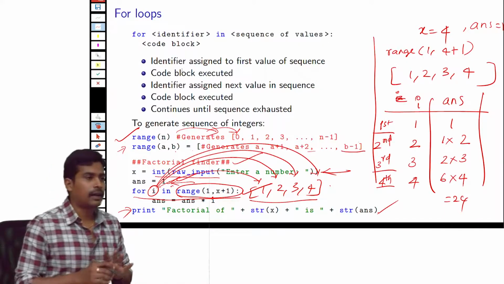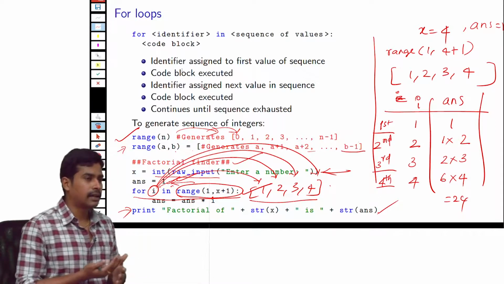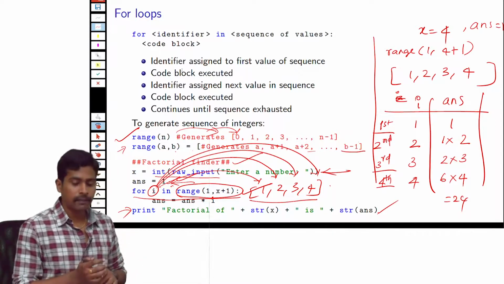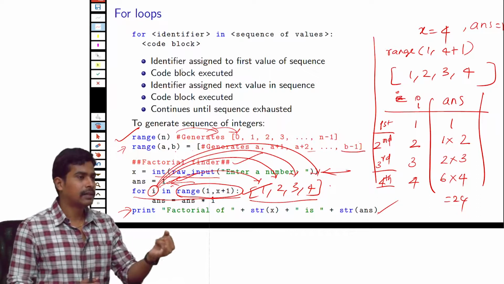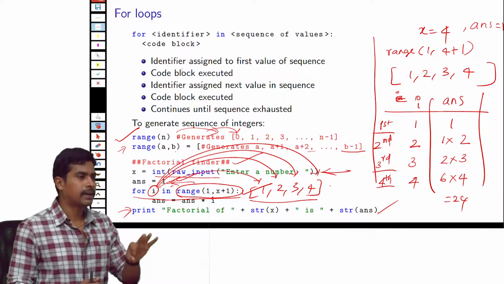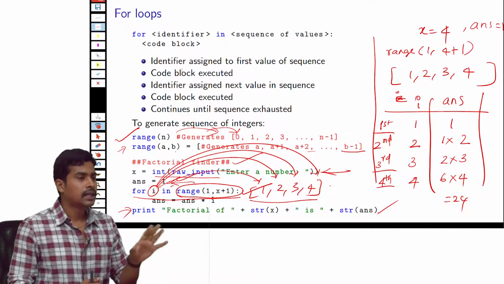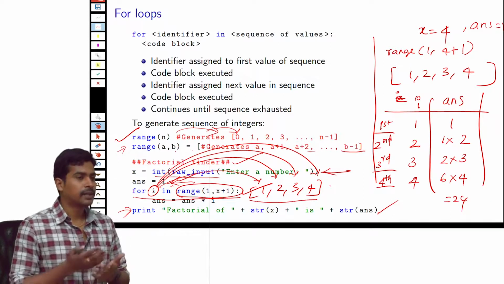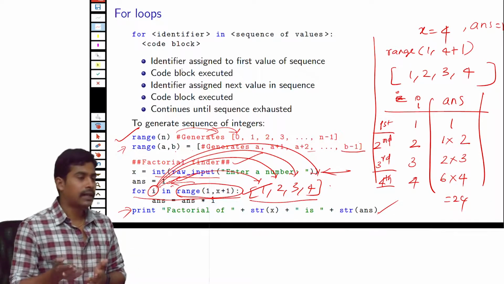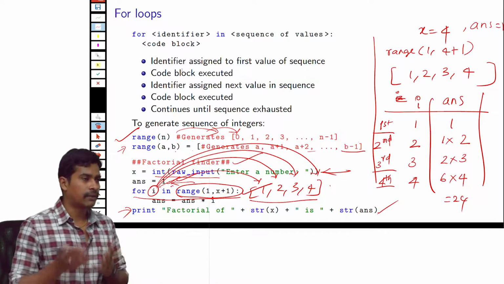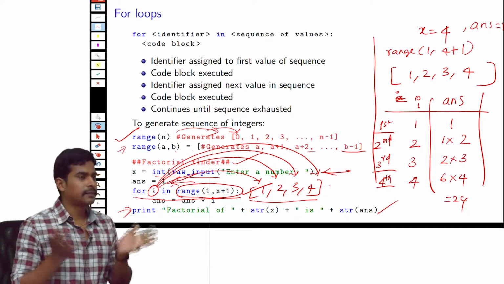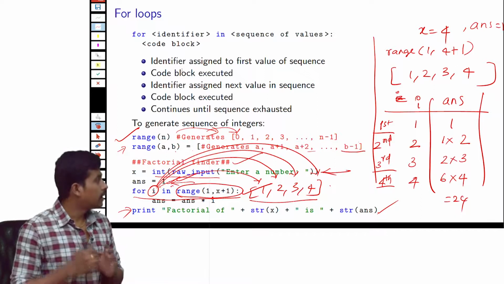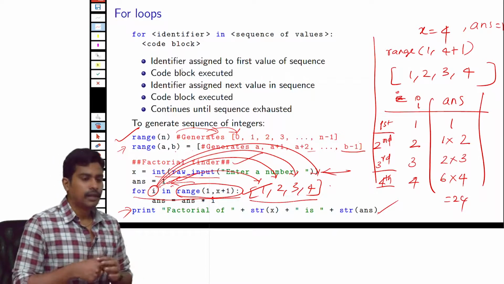Now we have seen all the basic building blocks required to write any Python program. So there are types of variables, arithmetic operations, conditional operations, Boolean operations and comparison, like if you want to see if a number is bigger or smaller, which is greater than, less than, and finally the iterative statements, the while loop and for loop. So with all these tools you can now write any program that you want.